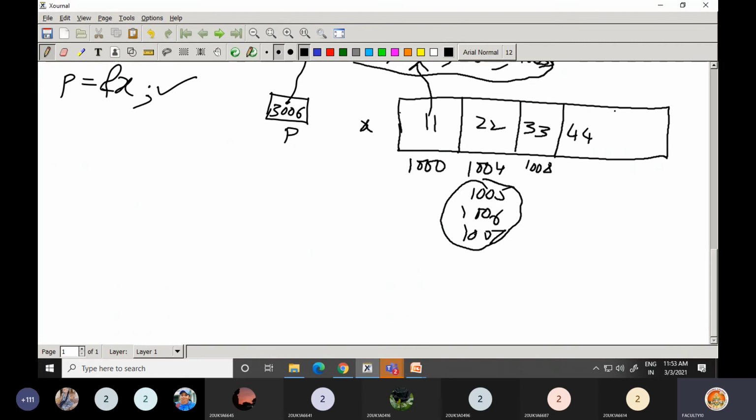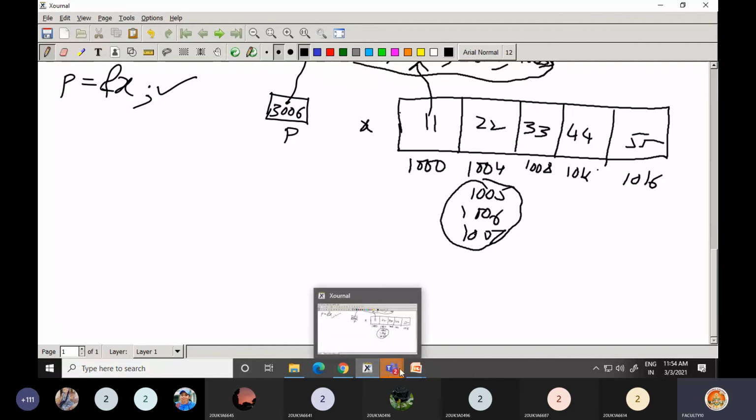Then the address of 44 is 1008 plus 4, because each element occupies 4 bytes, so it is 1012. Now if it is 55, its address is 1016. This way, once we know the first element address, we can calculate the remaining elements' addresses.